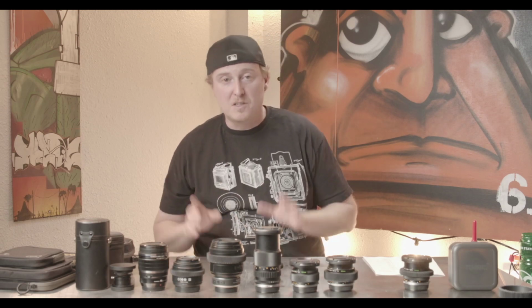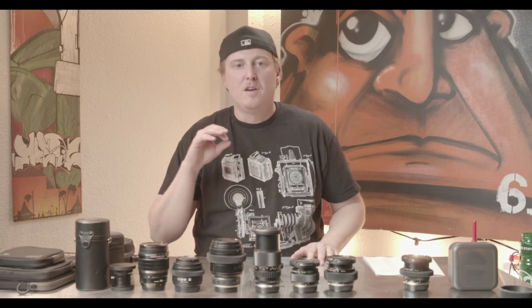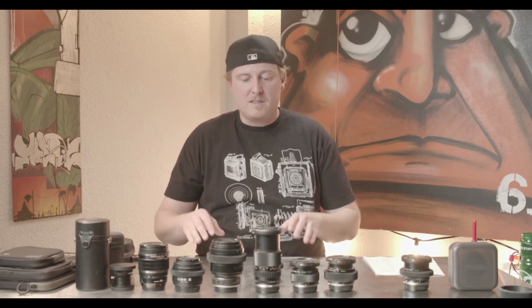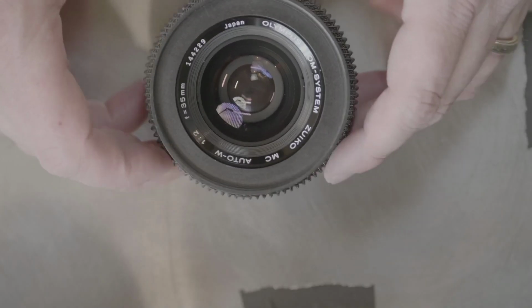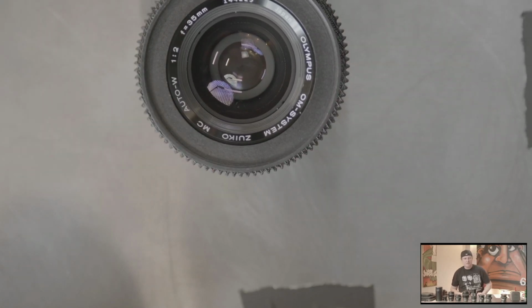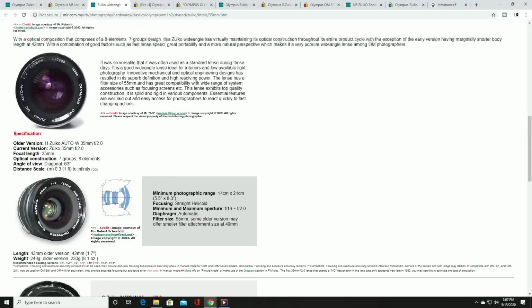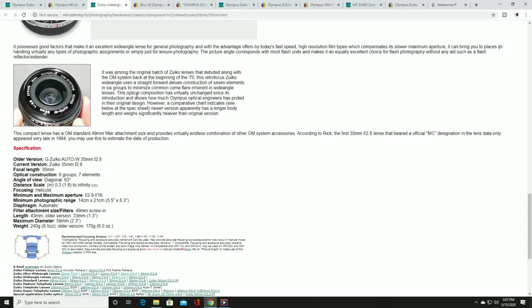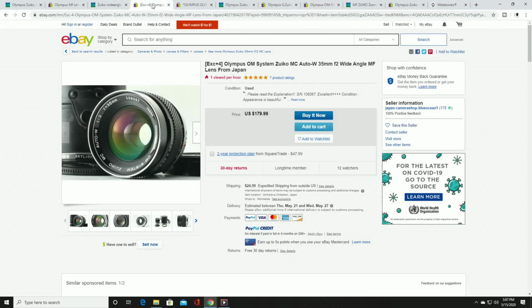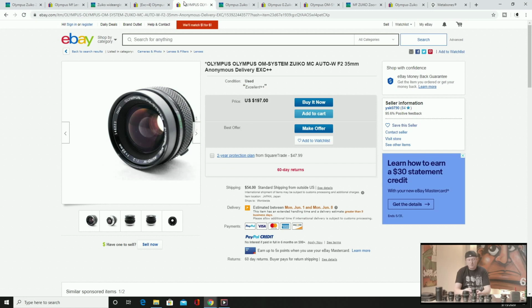This one, however, is a much better starter lens if you're looking to get into a professional prime for a little less money. This is the 35mm F2, and all Olympus lenses, or at least most OM lenses, come in two flavors. The early versions were called the silver nose because they have a little chrome ring around the front filter. But you also have the later versions which have just a black ring,